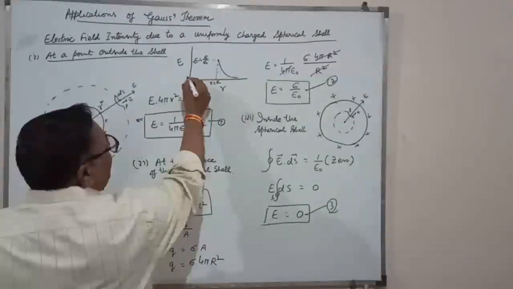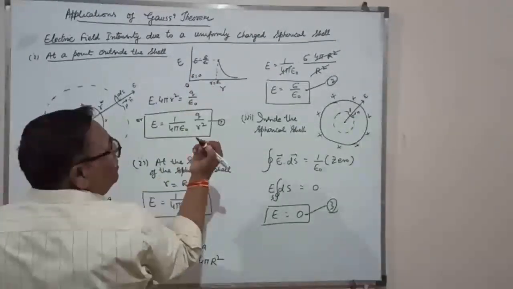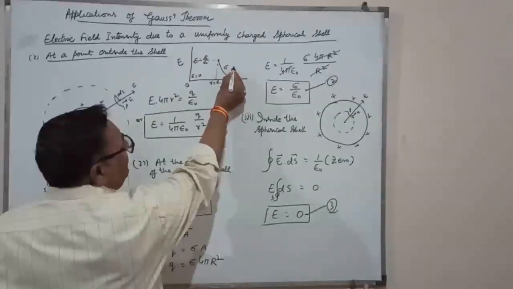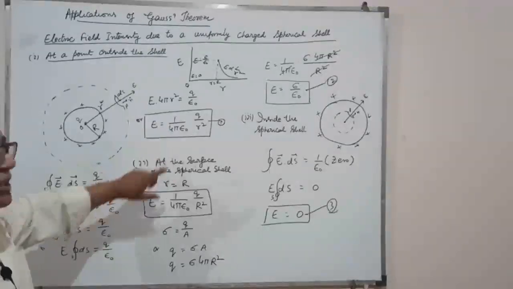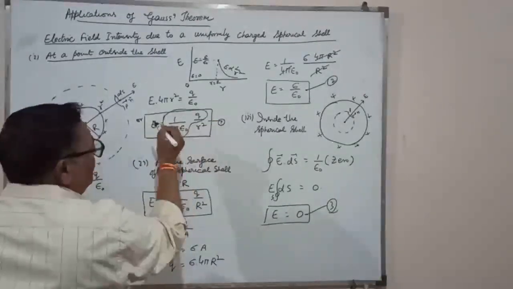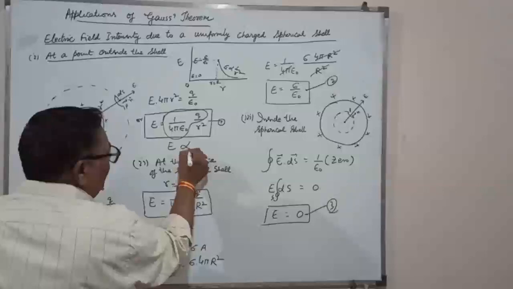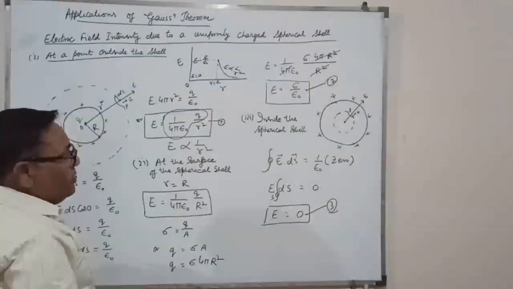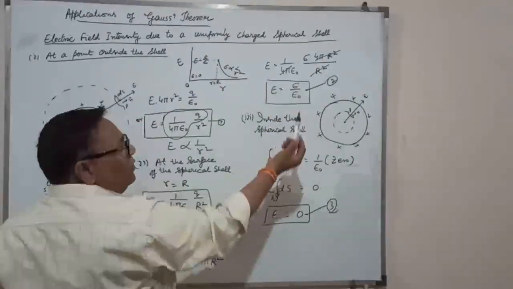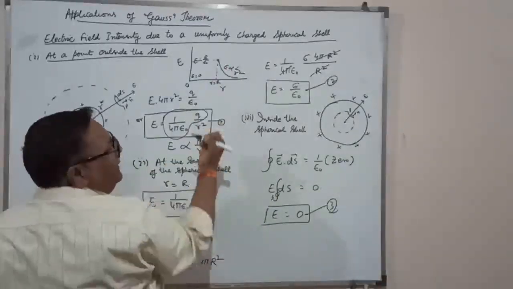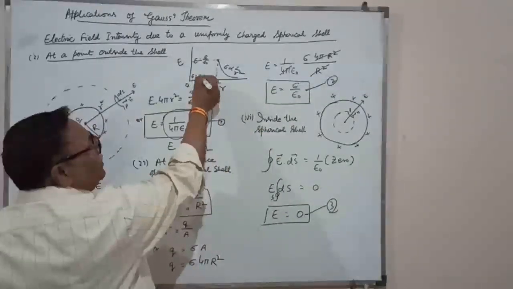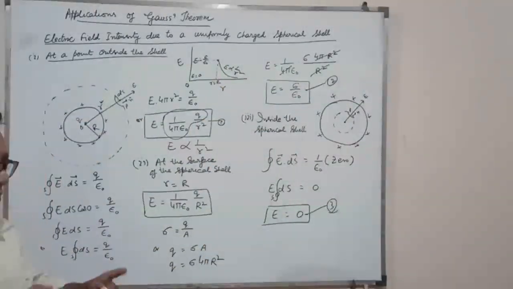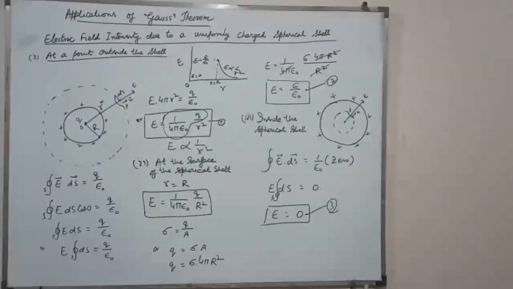Inside, E is equal to 0, and outside E is inversely proportional to R square. From this equation, this is all constant. E is inversely proportional to R square. Here sigma and epsilon naught both are constant, therefore E is constant, and inside the charge enclosed is 0, therefore the inside value is 0. Clear? Then the next example,